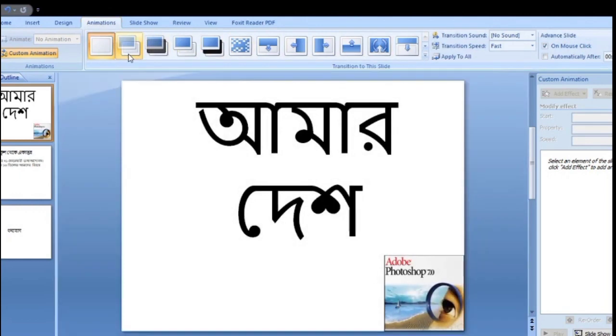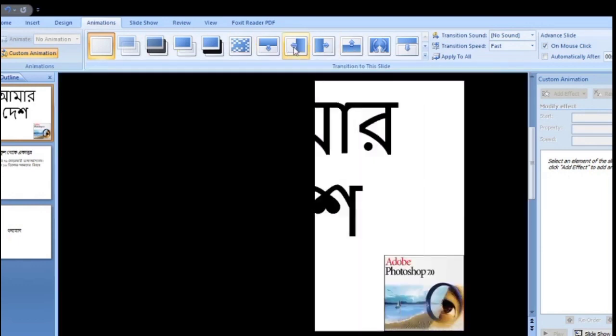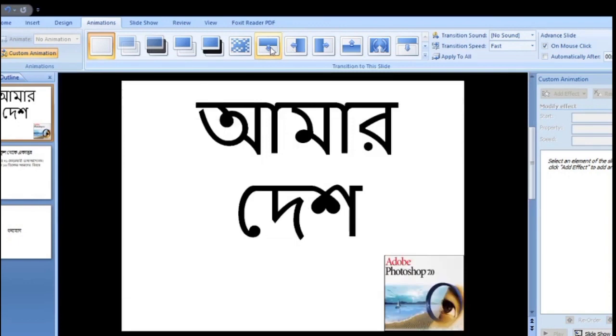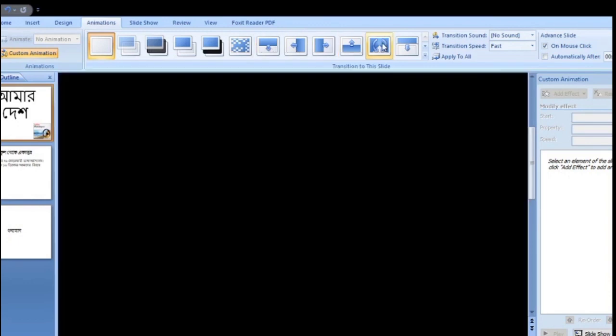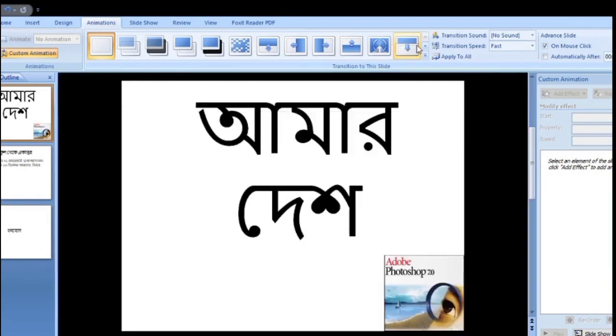On the ribbon, the sample switches as you move the mouse pointer over any of them. If you want to apply the same transition to all slides, click Apply to All. Among these many transitions, I choose this transition, and lots more.